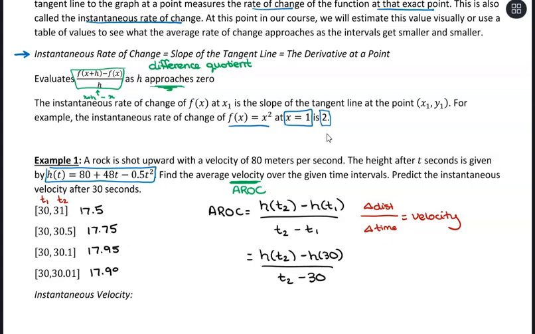So what we can do with this is start to see the trend that it's getting closer and closer to 18. So as we get infinitely close to 30, we can at least predict that the velocity after 30 seconds is likely 18. So to make a sentence, we could say after 30 seconds,